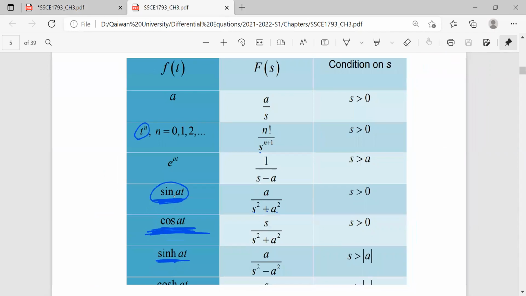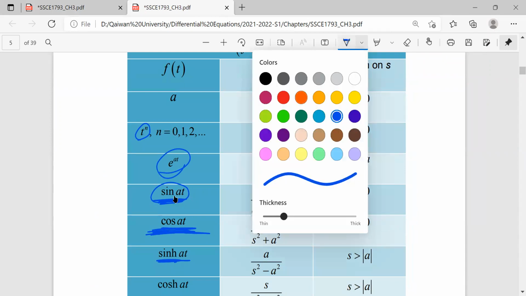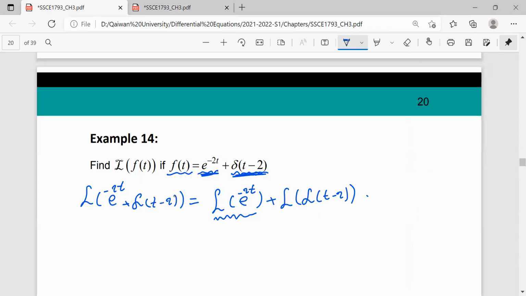We have these rules: e to the power at, its Laplace transform is 1 over s minus a. So we should identify a. What's a here? That means the Laplace transform for this part is 1 over s minus a, and a is minus 2. This equals 1 over s plus 2, plus